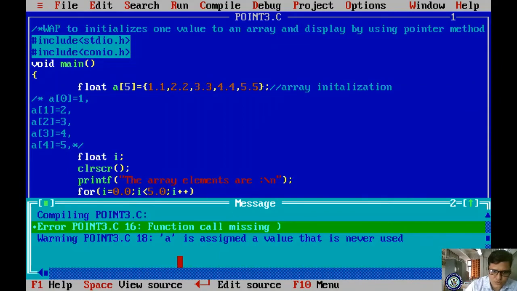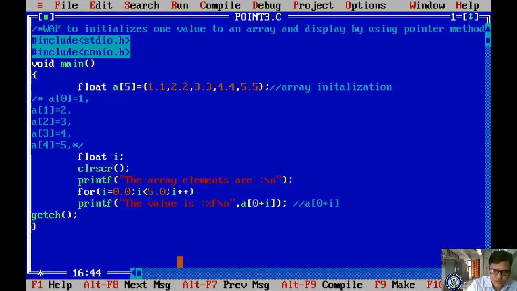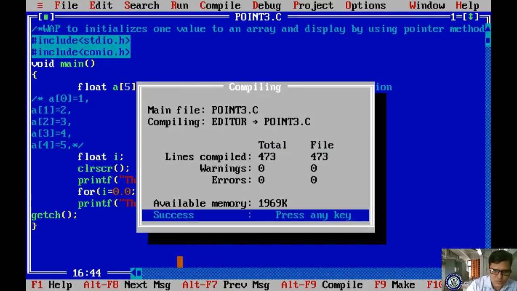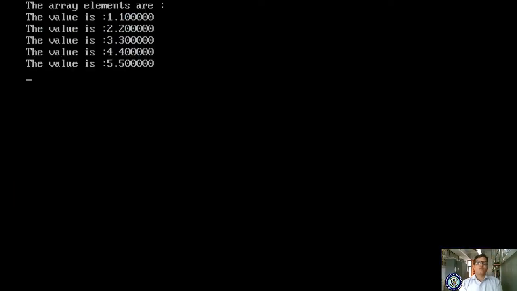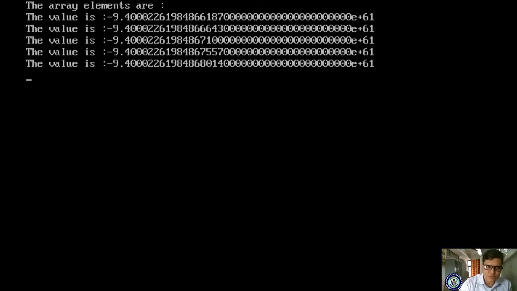F9, no. Function call missing, yes, function call missed. Now save it, compile it, and run it. So it is displaying the value. Okay, if you want to get the address, you have to specify ampersand for float. So if you specify ampersand, it will print the addresses.